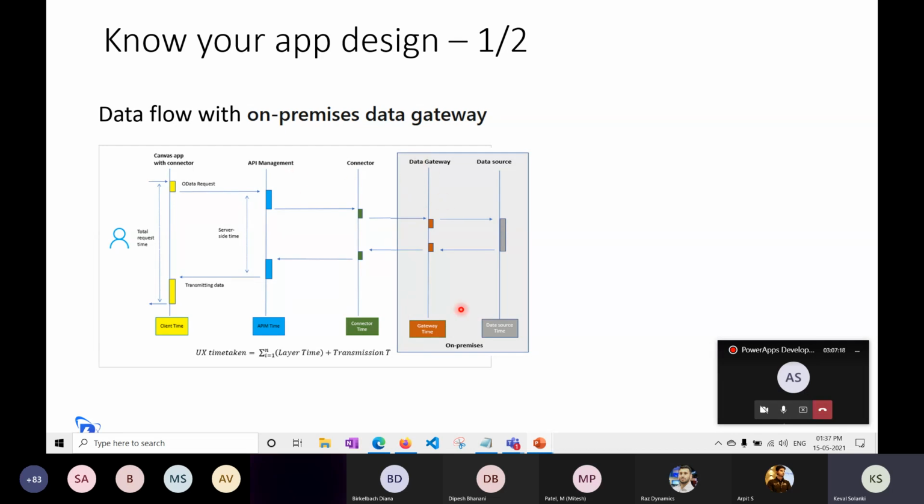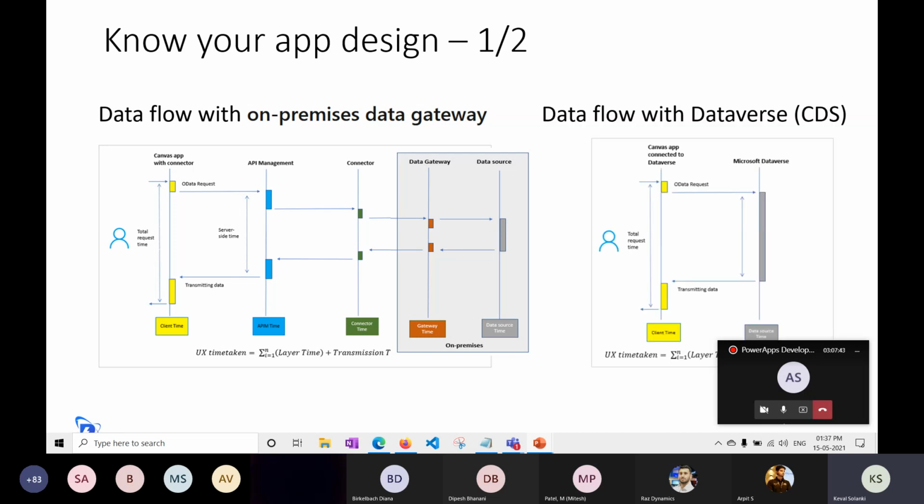So you observe there is an extra layer of data gateways introduced, which will translate your OData request into the native data source readable format. So here there is one more layer, one more execution step increase. Hence your execution time and performance will also be impacted. Correct. Now let's see one more example where